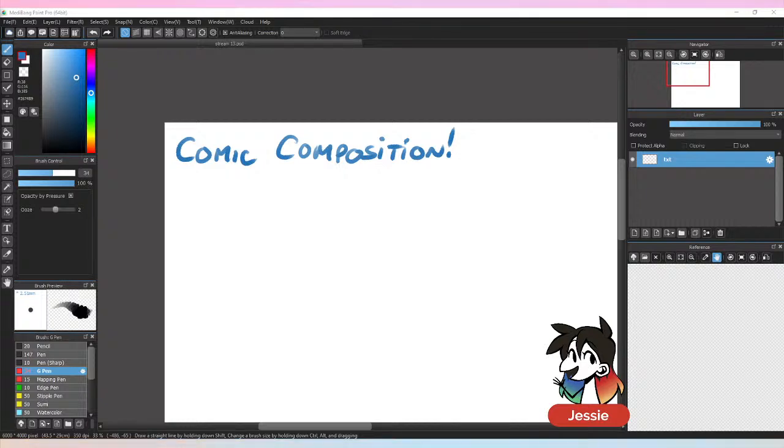So, regular composition, there's always a lot of stuff that you need to think about, but with comic composition, there's a couple extra factors that you need to think about. So that's what I'm going to be going over today, especially because there's actually a little bit of extra cinematics that need to go on when it comes to comic composition. But getting ahead of myself,